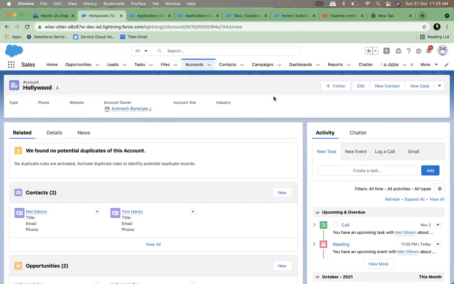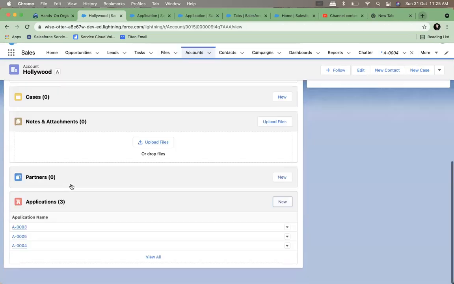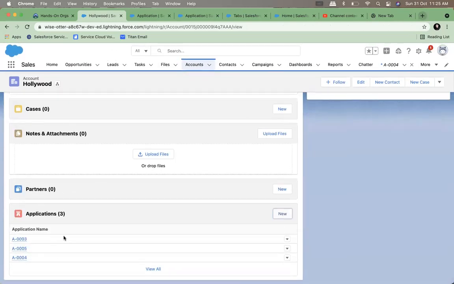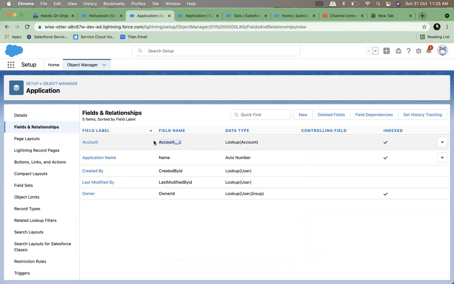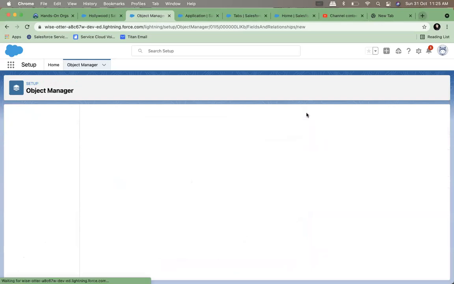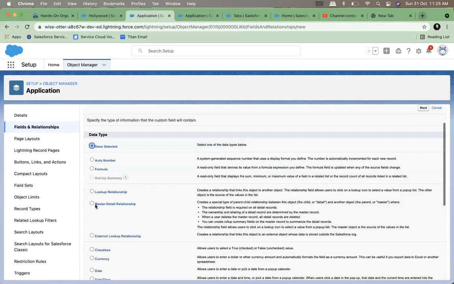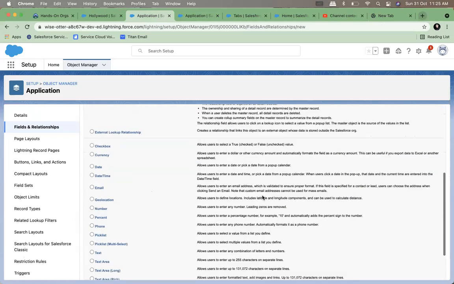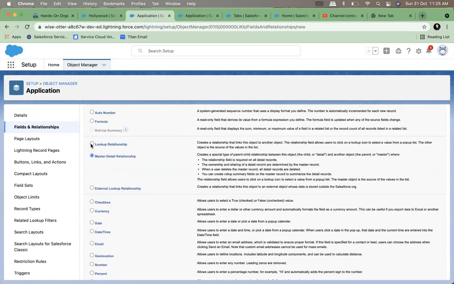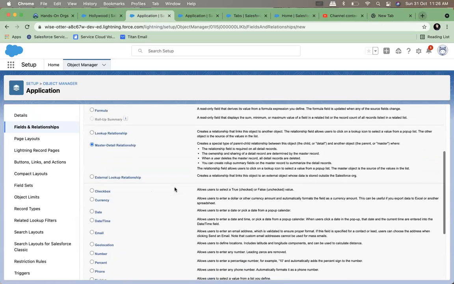So application object is now a child of account object because one account can have multiple children. So this lookup field is basically always created at the child side. Relationship fields are of two types, lookup and master detail. There is another, master detail, here. You can use this also. Let us create that also. This has a little more implication than using lookup relationship. I will get into more details, but let's see this.